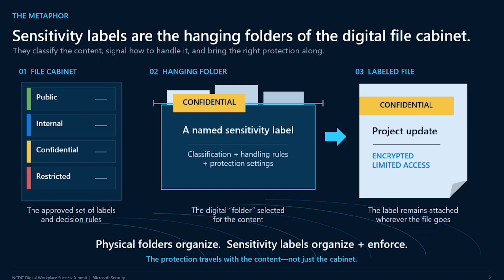Anything that you're putting in there, you're going to get that label. So again, you need to take that data out. You're going to pull that folder. You're going to take it with you from the file cabinet. That label that was on your folders, coming with it. Same idea with the sensitivity labels when you are applying them to files or emails.